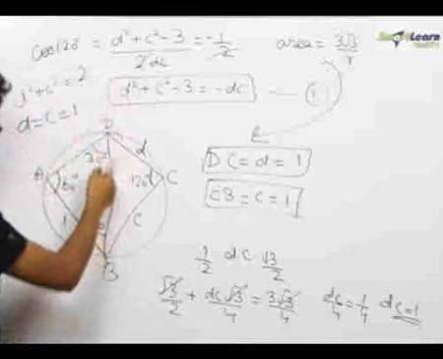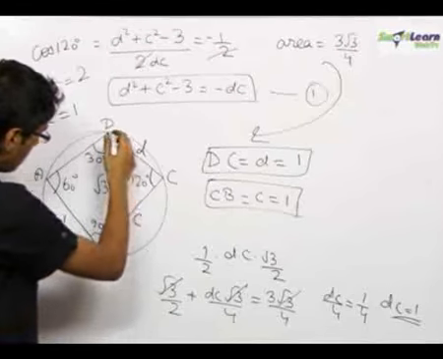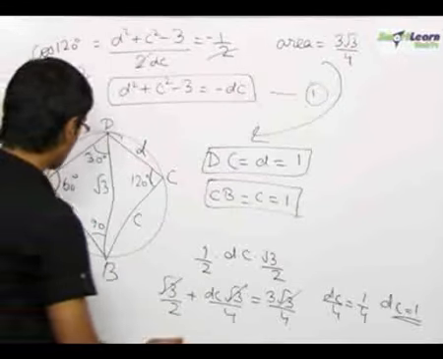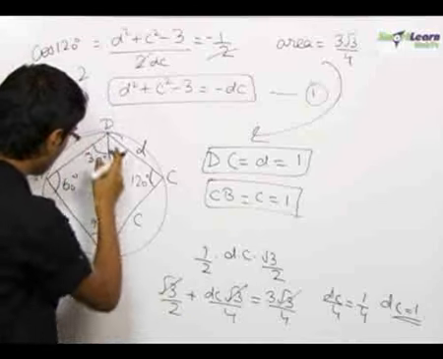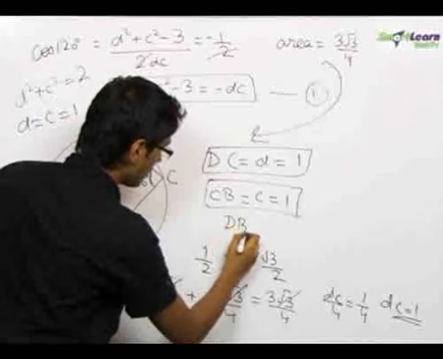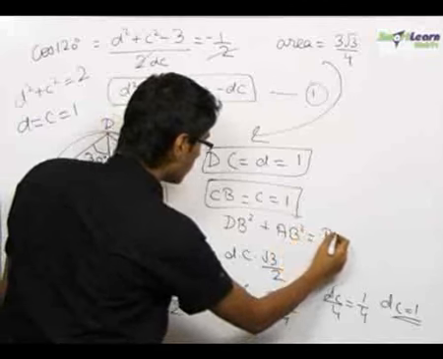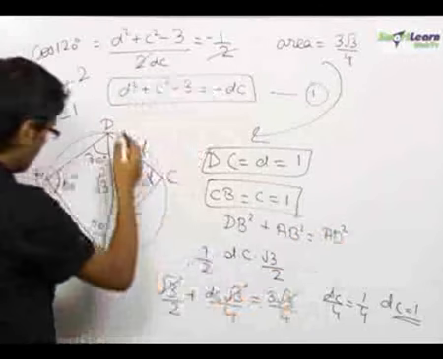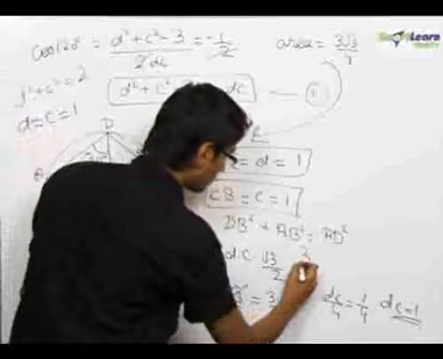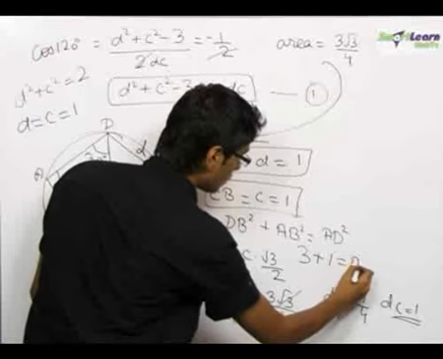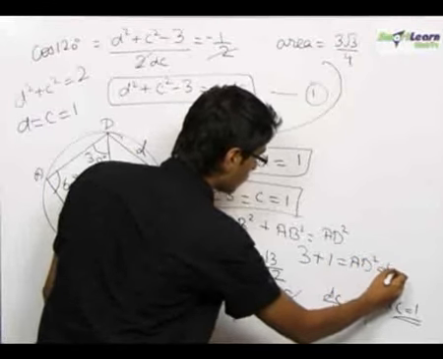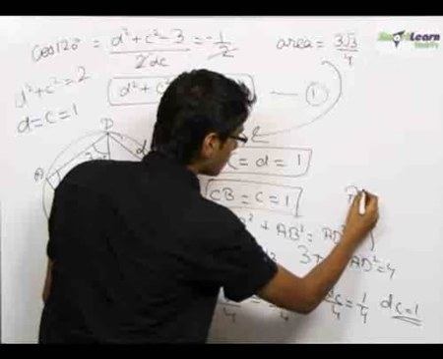And in this right angle triangle ADB, we get DB square plus AB square equals AD square. We know that DB is equal to root 3, so we put this, 3 plus 1 equals AD square equals 4, which gives AD equals